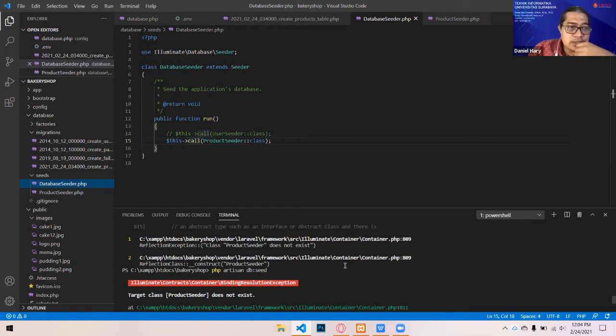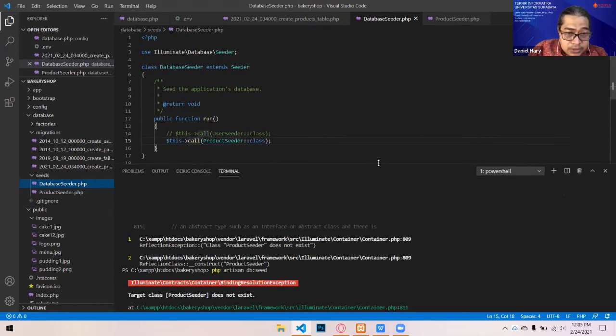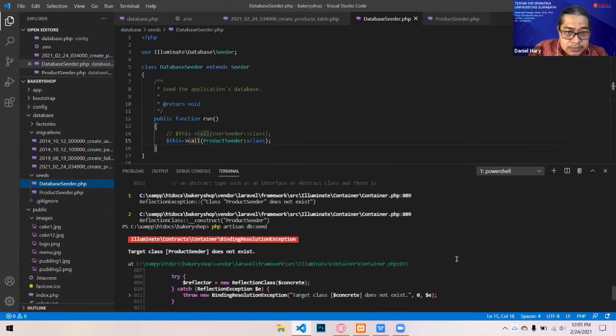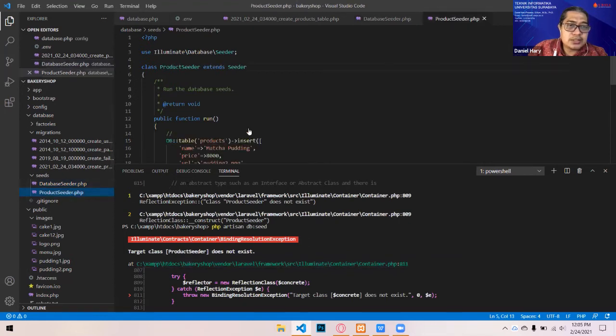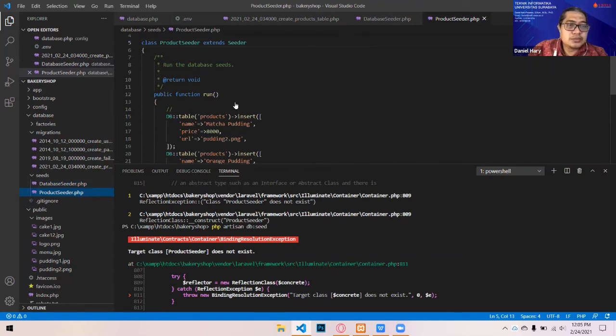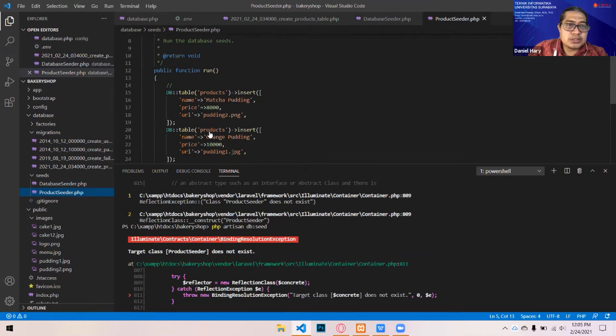Product header still does not exist. There is product here, and also construct, container PHP, blah, blah, blah. Okay, maybe we go back to product header, and then when we put in the database header, we rename it product header.